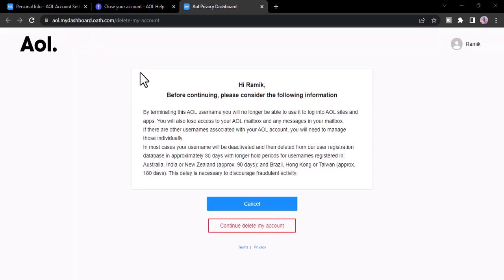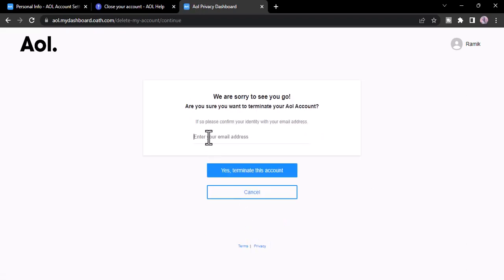Now you'll be taken to this page where if you really want to delete your account permanently, all you have to do is simply click on the option continue delete my account, and now you'll have to enter your email address. So simply do that. Now once you've done that, click on yes terminate this account,